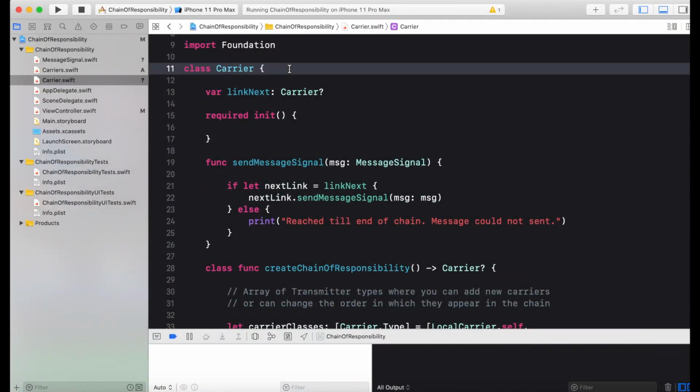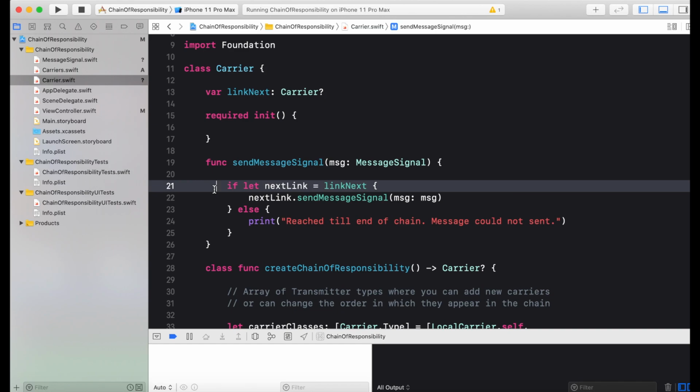To implement this pattern, we are using a base class structure. So we have a class Courier with the property link next, and this property is used to maintain the next link in the chain of responsibility for the execution. We have implemented the send message signal that basically checks whether our current class has any next link or not. If it has a next link, then it tries to transfer the responsibility if it is currently unable to